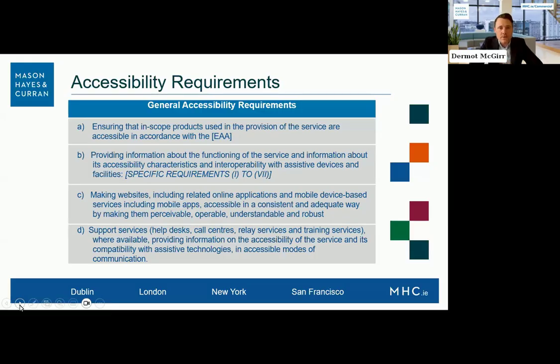The one I wanted to talk about now is point C on that slide, which is about making websites and apps, etc., perceivable, operable, understandable, and robust. That's the requirement where the lack of harmonized standards is causing a bit of an issue. So again, a quick explainer on the harmonized standards piece. The European Standardization Organization was asked to prepare six standards: three which are totally new, and three which are uplifting existing standards to bring them up to the standard they need to be for the EEA.